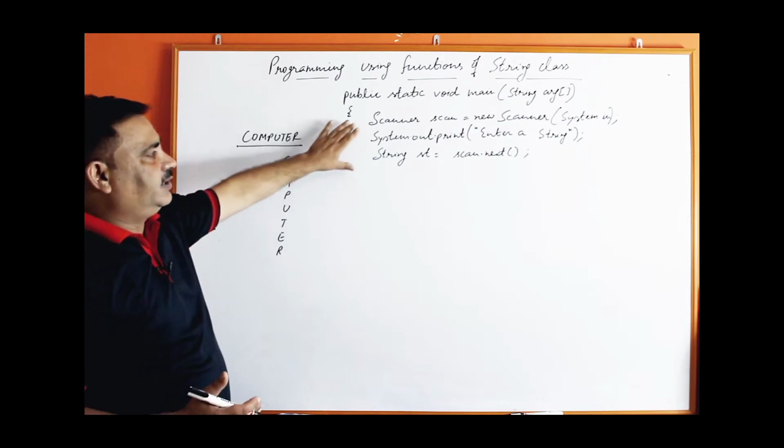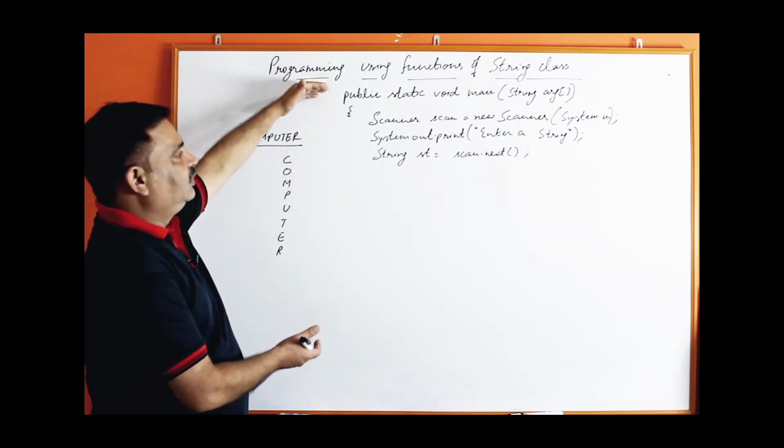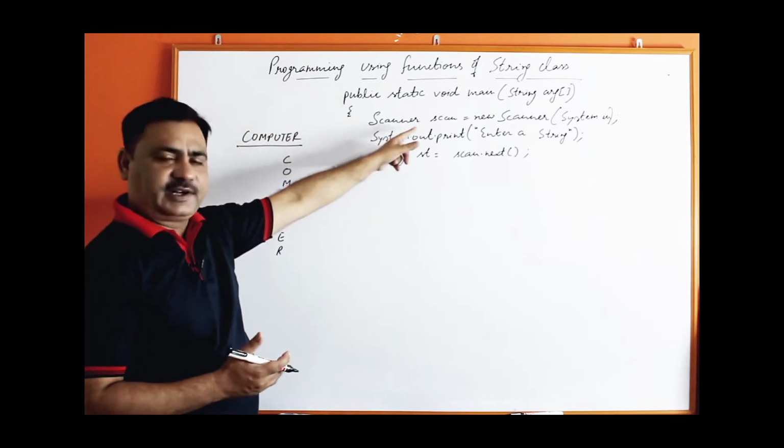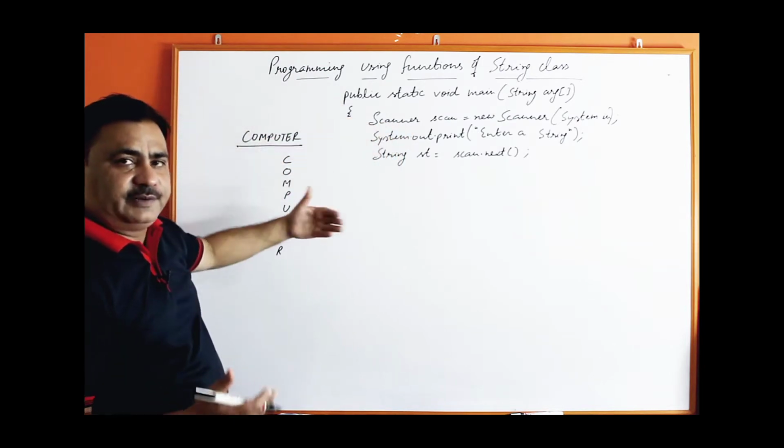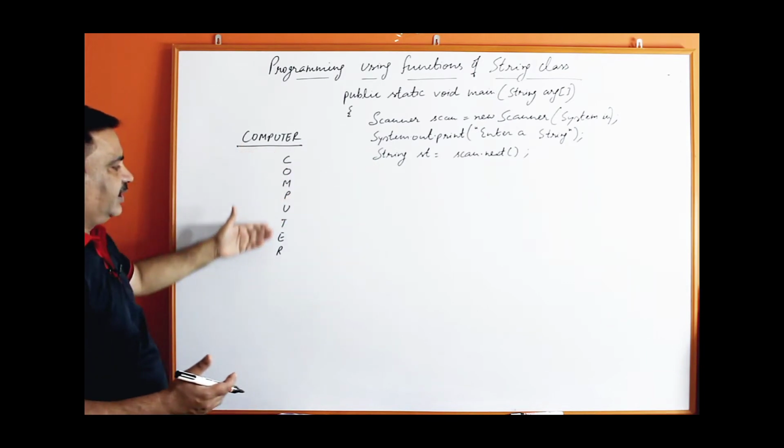Now, up to here it is a common thing just to input the string. The rest of the class you can make. You can import the util package for the Scanner class, that we have already done in previous programs. Now from here I am going to start how to print these characters on separate lines.